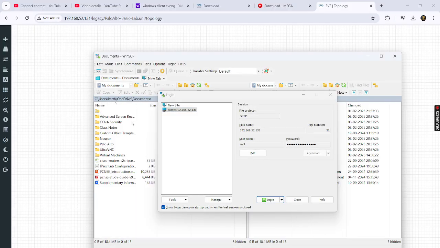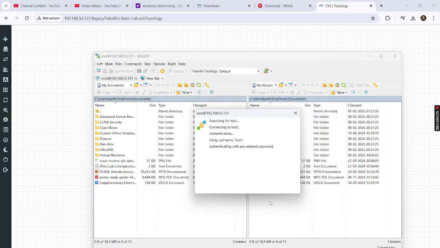Actually, if you open the WinSCP, the prompt will look like this, and you can give the host name, 192.168.52.131, whatever EVNG IP address you have, you have to mention here in the host name. Username root and password is eve. Okay, and if you want, you can save and just click on login.